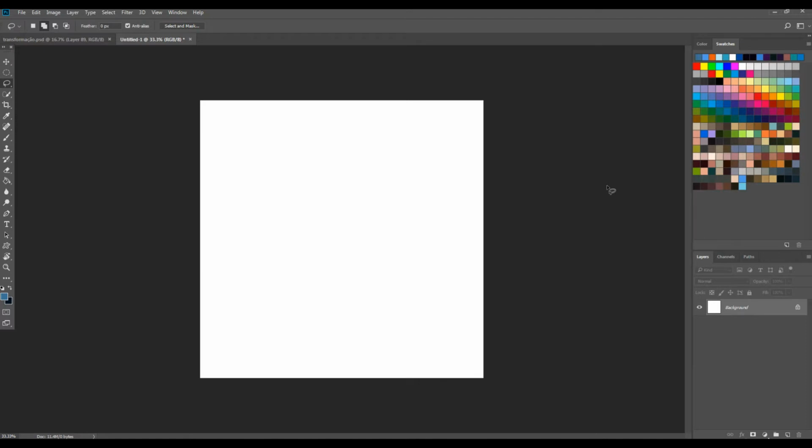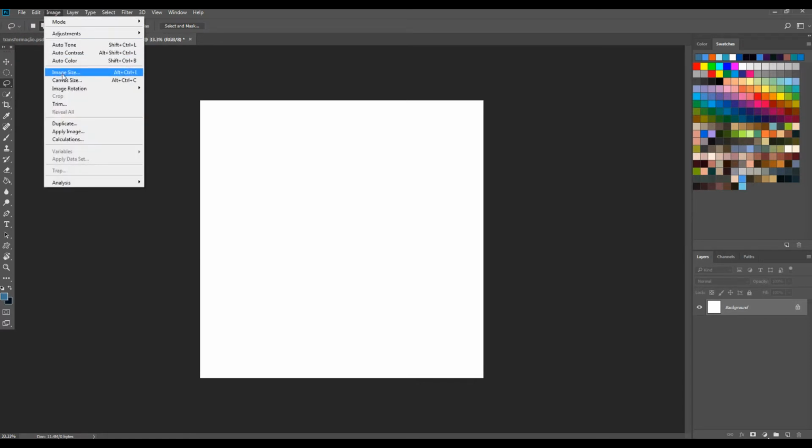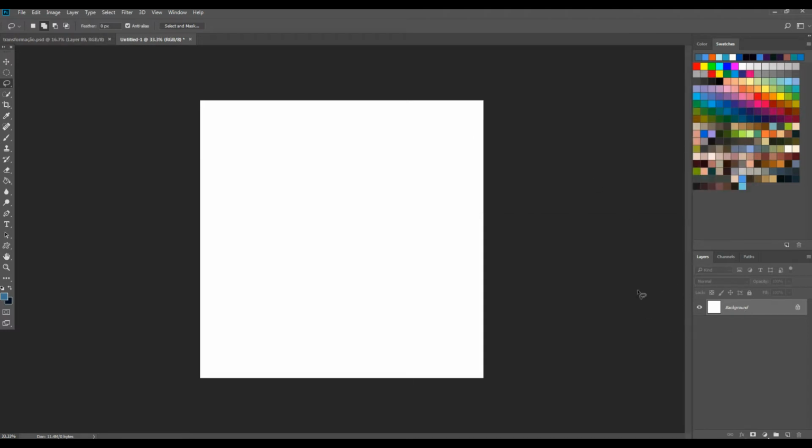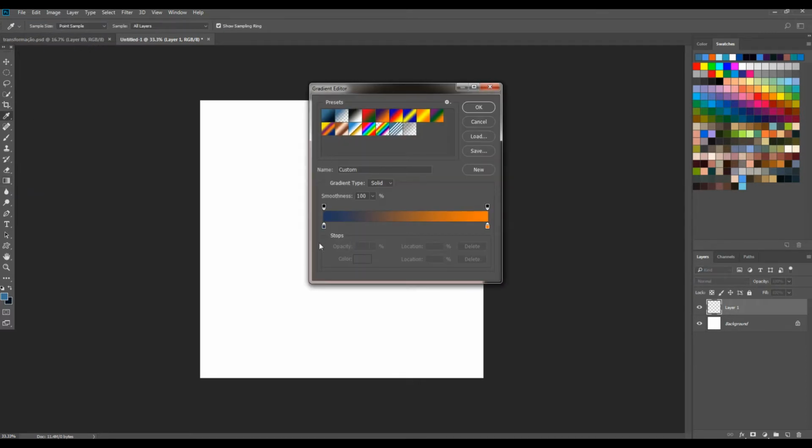Well, let's start. First, I created a layer. It's 2000 by 2000, the size of the image, as you can see here. I just have this white layer, and we're gonna create another layer here, and we're going to use a gradient to make our sky color. I always select this one, it's good to start, and I'm gonna select a blue color here